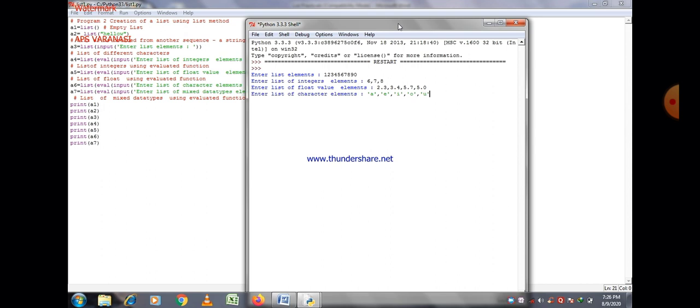You can write any number of characters here, and then enter a list of mixed data type elements. Here we give different types of data: integers, float values, characters, even strings, and try to check whether the evaluative function identifies them as single units or not.